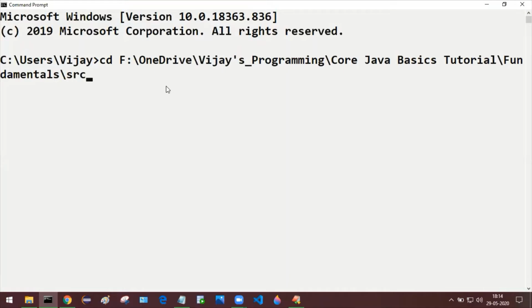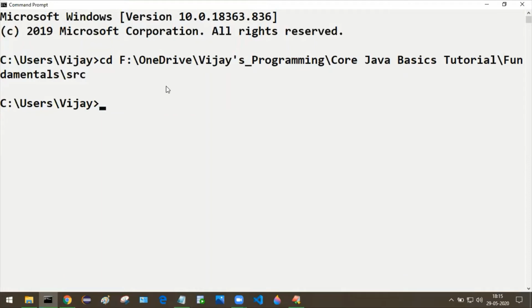Give a space, then just press Ctrl V. If you are using Windows 7, you need to right click and select the paste option explicitly. Ctrl V won't work in Windows 7 or in some other Windows operating systems. As of now, I'm using Windows 10, so it is perfectly fine. Whatever content you have copied by using Ctrl C, you can paste it by using Ctrl V. Now you just need to press Enter.